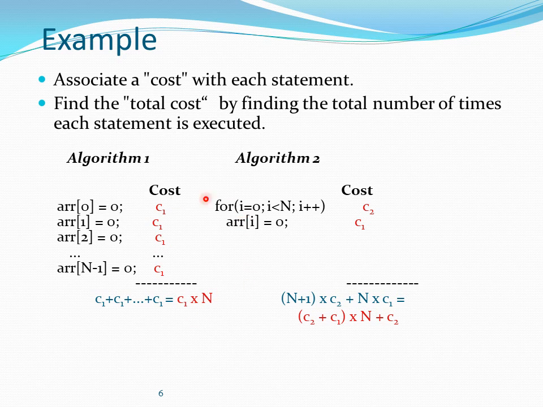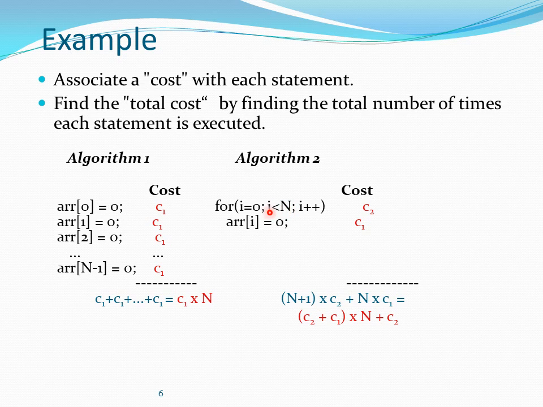But the same thing is implemented like this. For i equal to 0, i less than n, i plus plus, array of i equal to 0. The same thing is achieved here. For this for loop, cost C2. For this assignment, cost C1. So n plus 1 into C2 means this for statement is executed n plus 1 times. For index 0 to n